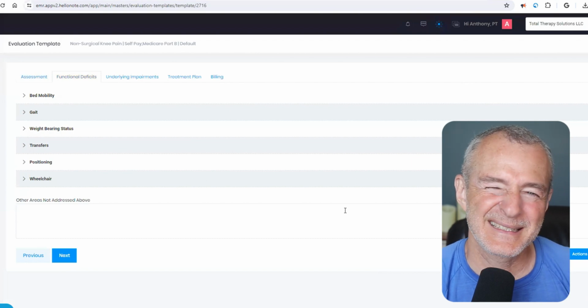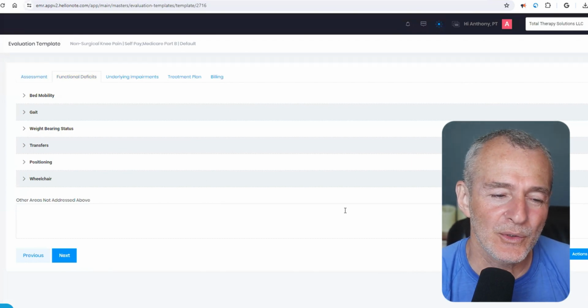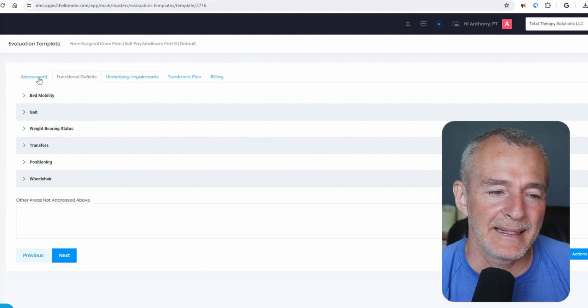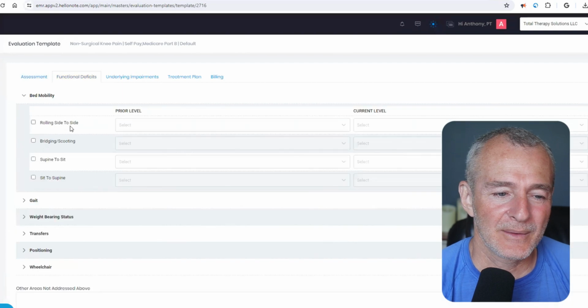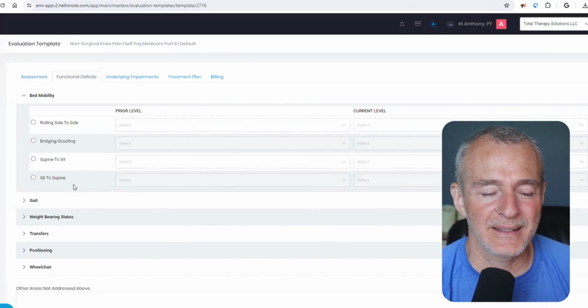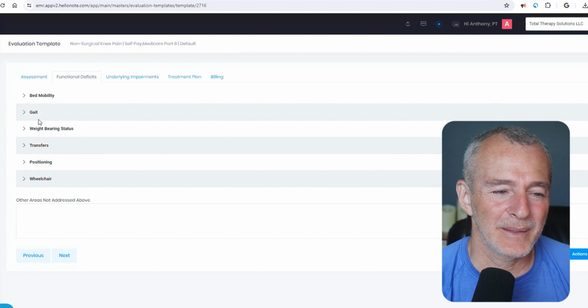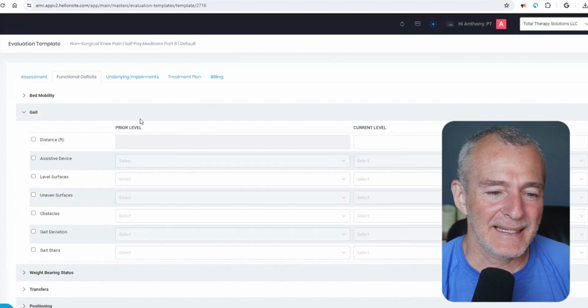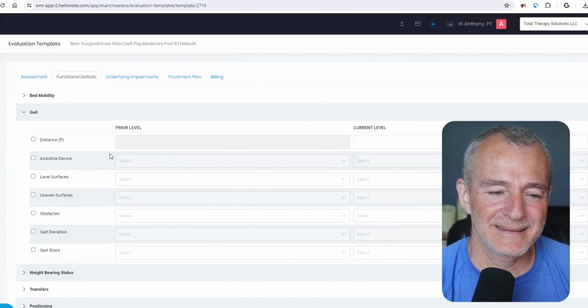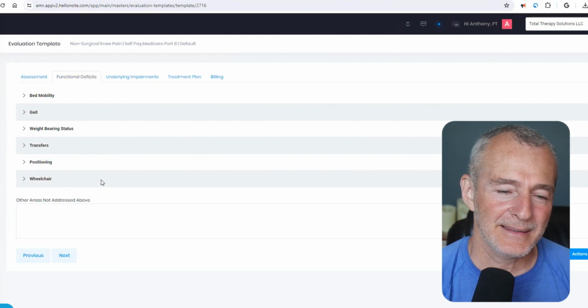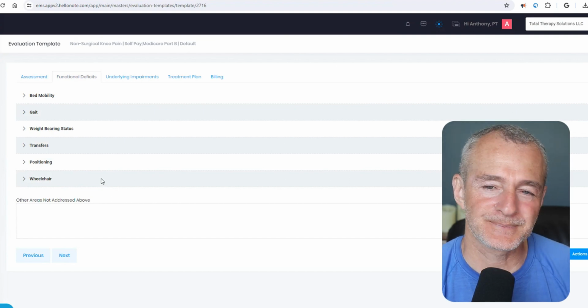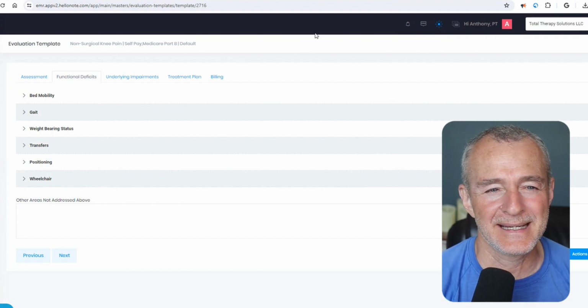This is where we start to get into some of the universal patterns that show up. Now, you can go into each of these individually. So like bed mobility, I can go into that and I can try to indicate some things. For knee pain, a lot of bed mobility is pretty independent. For gait, of course, I could document distance, assisted device, surface. I don't like to put a lot of that stuff there. Weight bearing status, transfers, positioning, wheelchair. All of that is cool. I could use that. But what I prefer instead,